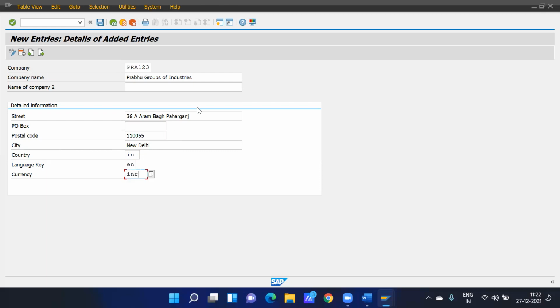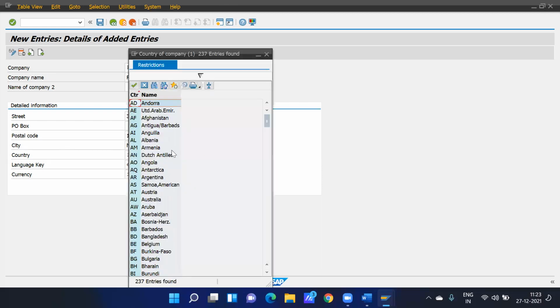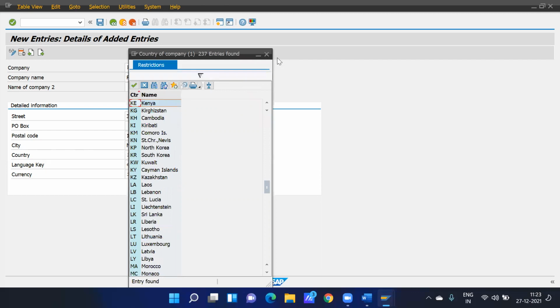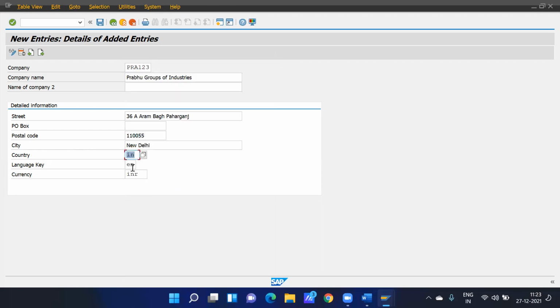Okay, so let's say sometimes you are doing configuration for a client whose country code, language key, or currency code you don't know. So here you simply click and you will find it. Just click here. Let's say if you want to search Kenya, you will find it. Same goes for currency, same goes for language as well. Now